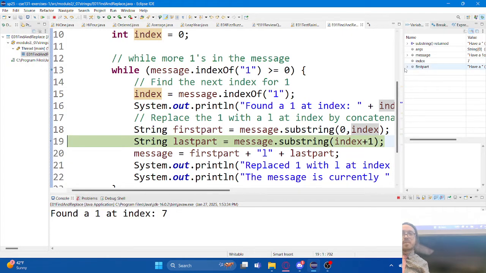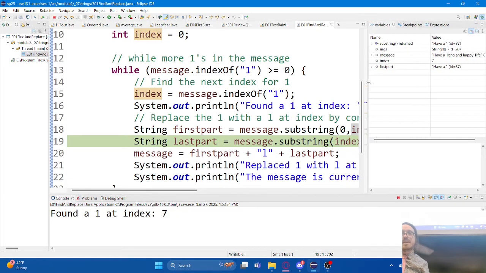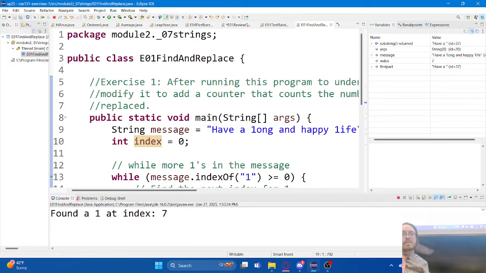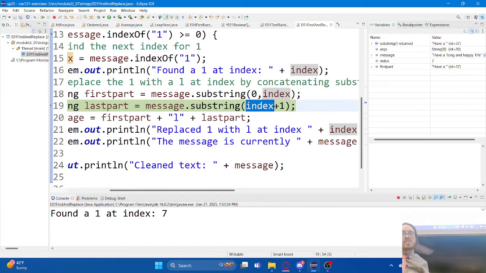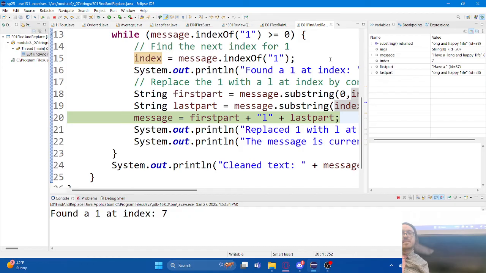So if I look at the first part, I can see it says have a, and so it gave me everything up to, but not including that number 1. This line is going to give me everything from that position to the end of the string, so everything afterwards. So you can see that, all right, I've got the first part here, I've got the second part here,